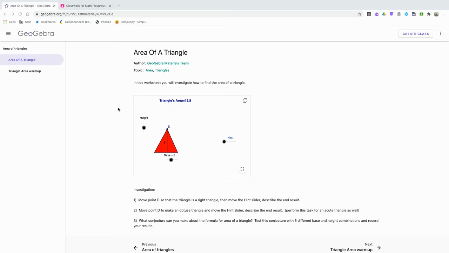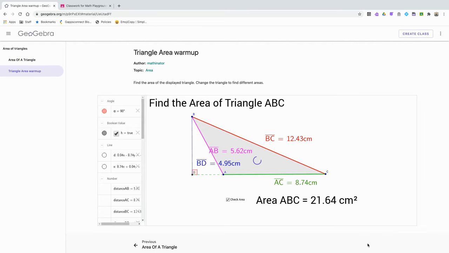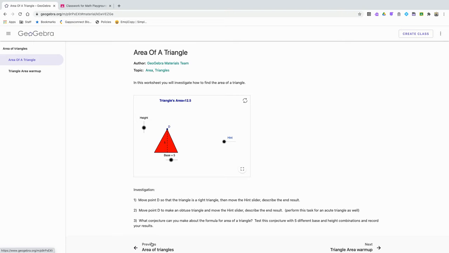In this video, I'm going to show you how you can take an activity and alter it and make it your own. So in this case, I have an activity which is in a book called Area of Triangles, and there's two activities. Now, if I were to look at the second activity, it's great. It's a very nice activity. I actually just want this first one, and I'd like to tweak it a little bit so that I'm going to assign this to students, but I want to give them a space to actually write down their